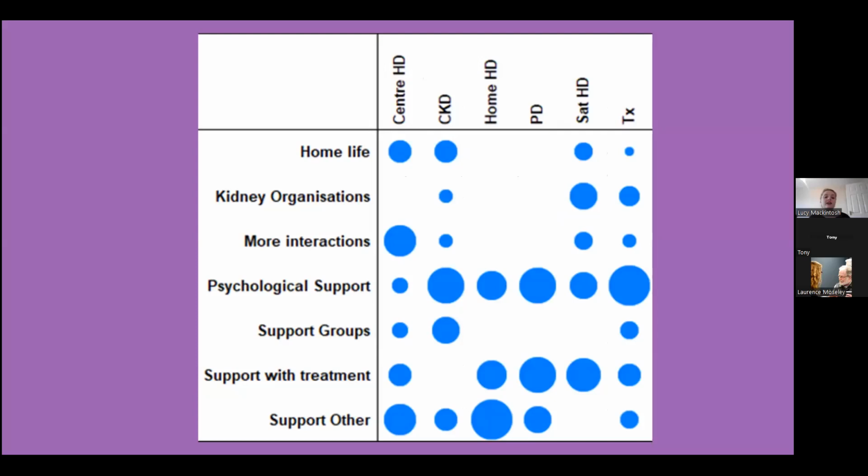One of my little hints is to do it by percentage. As I said, home hemodialysis is a much smaller cohort than Centre HD, so I've done this in respect of that, using column percentage. Here I can see that support other was the most common code for home hemodialysis within that cohort. Otherwise, you would have really small bubbles for home hemo compared to Centre HD. So this is based within the treatment. But again, visually it's a really useful tool for being able to see, within the theme of support, what areas affected what treatment modality most.